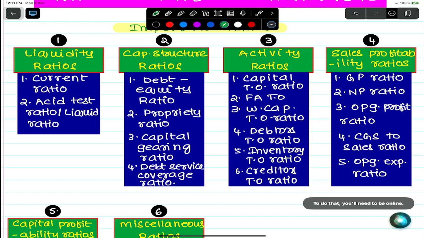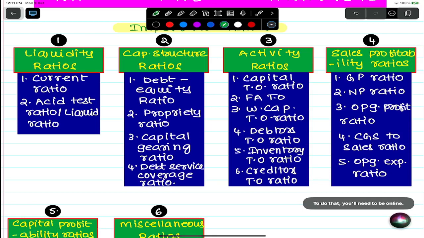There is only one source. What is the source? Capital. They are breaking that capital into small pieces. That shows how much deep analysis they are doing. Understanding the point or not? Tell me the ratios. Liquidity. Second one,